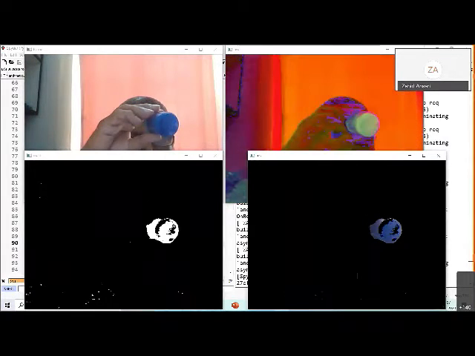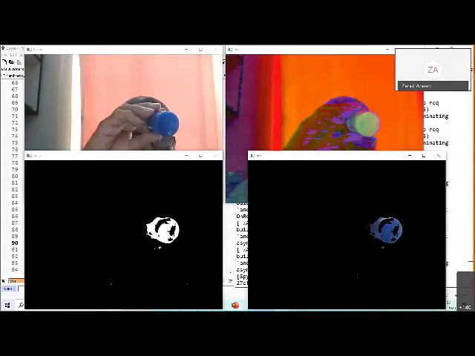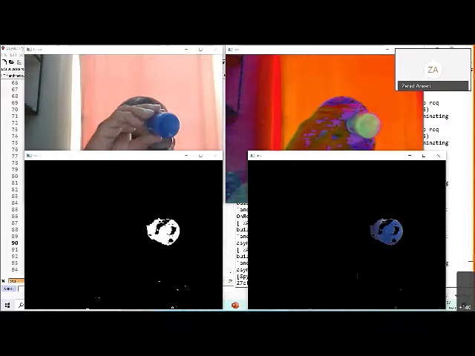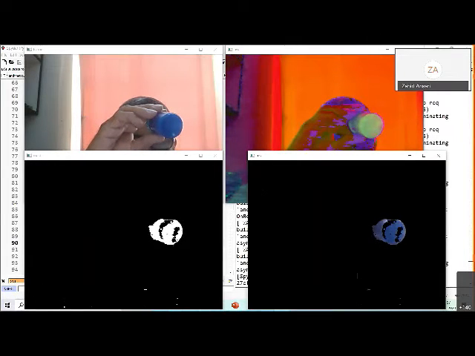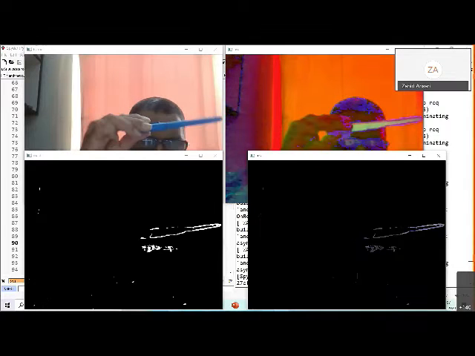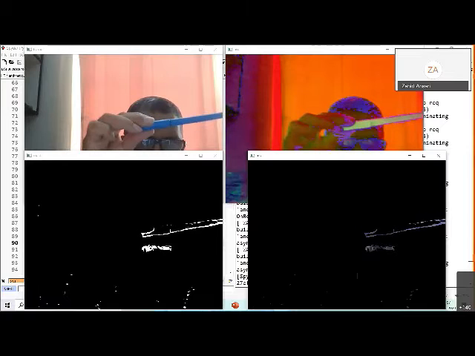So I am now taking a blue object in front. See, the blue object is there. For that, you see the mask is getting created in the lower left, and in the lower right, actually the object's color is seen. Let me take a blue pen. See, whatever is the blue thing, you are seeing that over there.